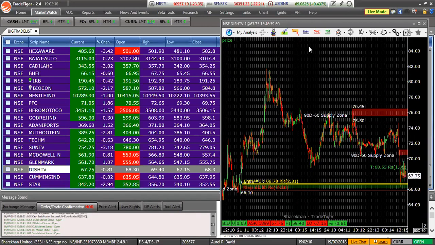So what is basically swing trading? Now, swing trading is a style of trading where you take a position and you hold it for a couple of days. It could be 3 days, 5 days, 10 days, maybe even 2 weeks. There is no specific time limit, but you're going to look at slightly higher time frame charts. Usually, if you are doing day trading, you would look at a 5-minute chart and identify buying or selling opportunities, or you would sometimes use a 15-minute chart for an intraday trade.